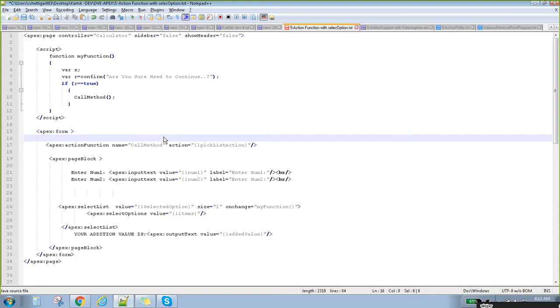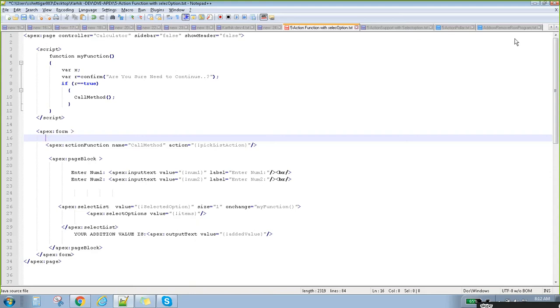Whenever there is a scenario where we need to process a particular request, we have to validate that request and then process it. In that case, we can go for action function. This is the main difference. You are clear now why you have to go for action function versus action support? Yeah. Okay, that is the thing.